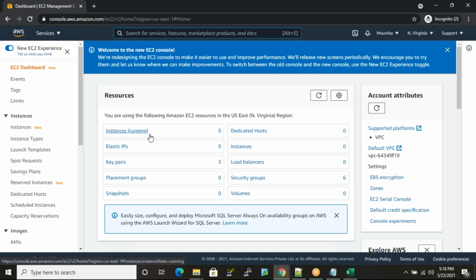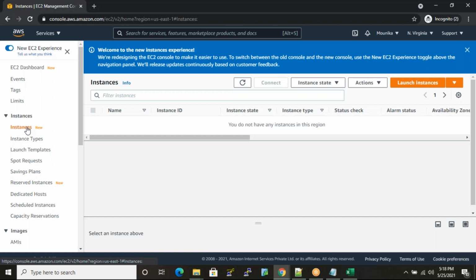Okay, so now I create one server. It is nothing but an instance by using the EC2 service. Okay, so first step is in EC2 dashboard, select instances. Here we don't have any instance. Why? Because just now we created a new account.